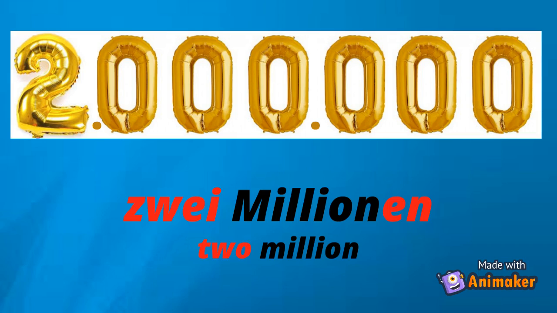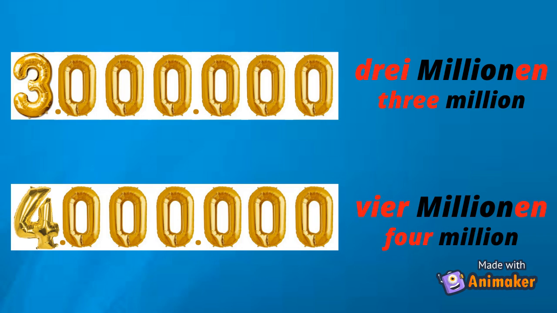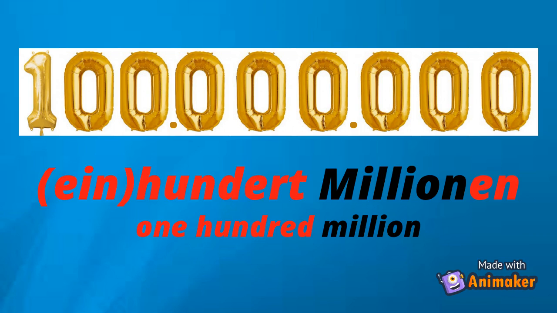When it is more than 1 million, you add en to Million to make it plural, that is Millionen. And this would continue as drei Millionen. That means 3 million. Vier Millionen. That means 4 million. And it continues till you reach